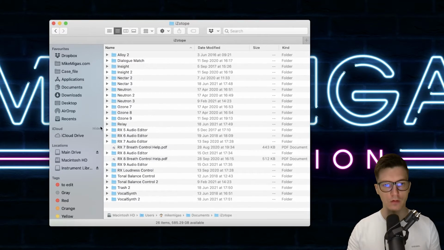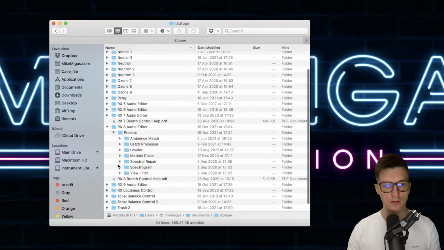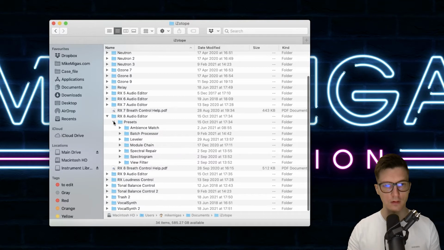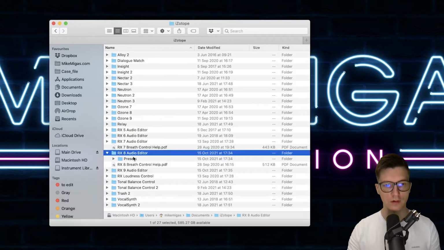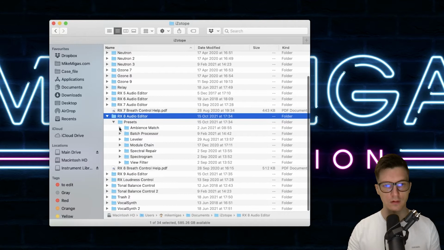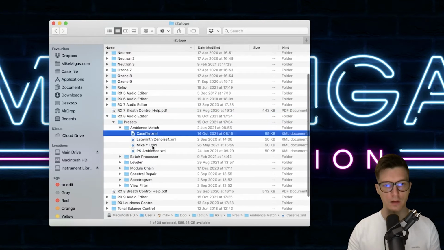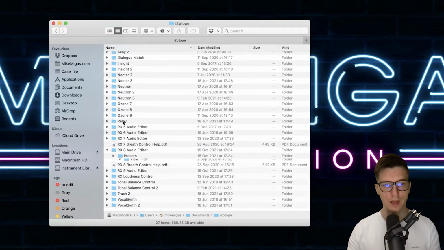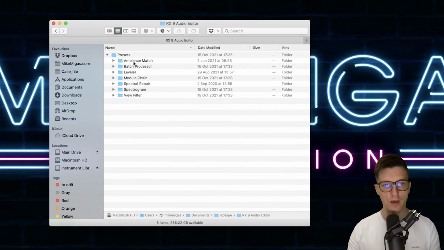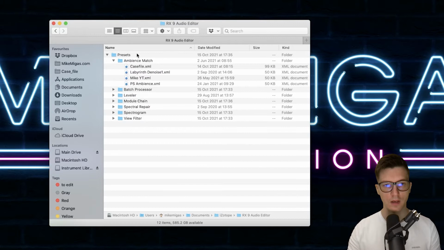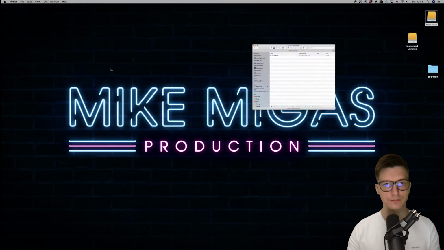So what you've got to do if you want to keep your presets, you have to go into Documents, then your old RX8 presets. As you can see, Ambience Match, I had Casefile, Mike YouTube, and just copy to your RX9 presets folder. That's what I've done, and they work okay. All right,